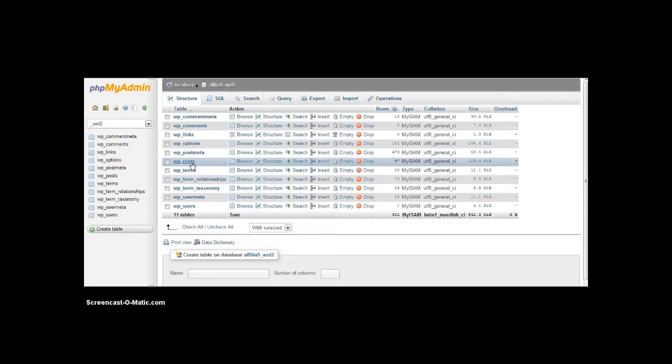It will not probably have all of your pictures. I believe it's the post meta that would have the pictures. So you don't want to just upload one or the other. You need them all. And it's very easy to basically just back up your database. All you really need to do is just export it. And as you can see, you just click the word export,